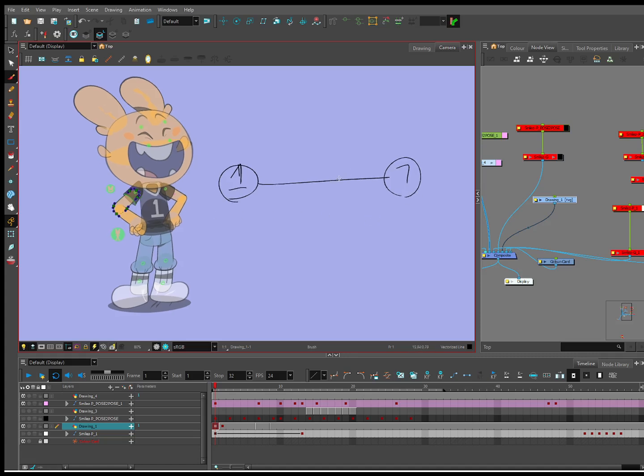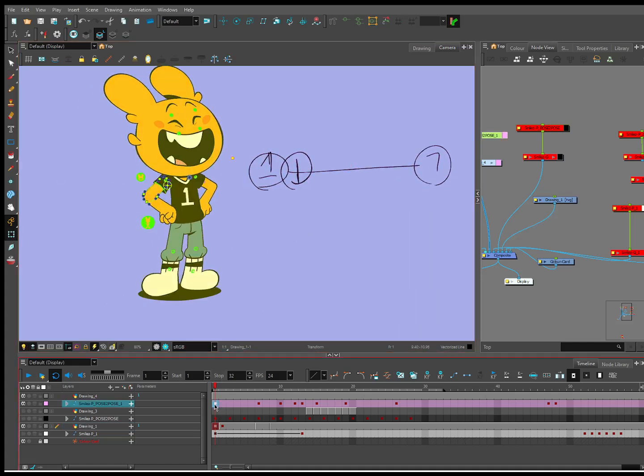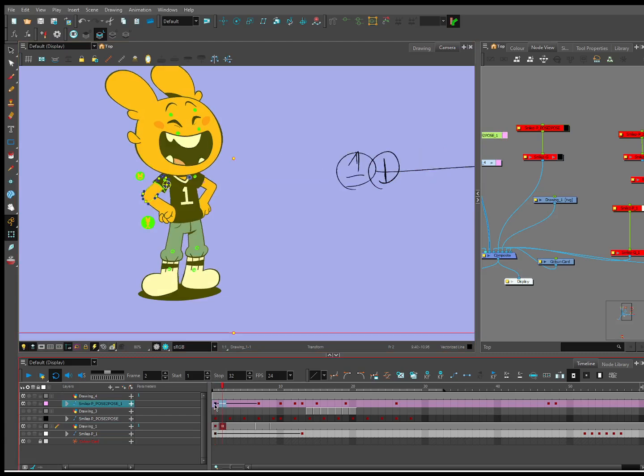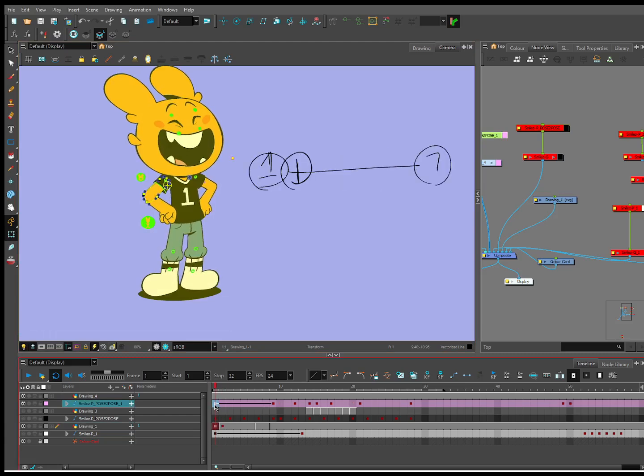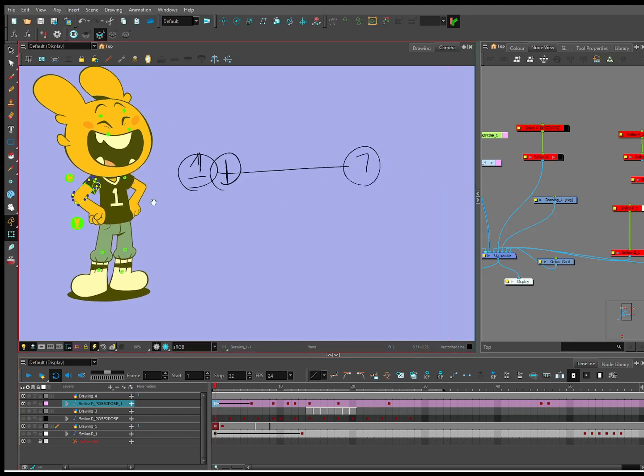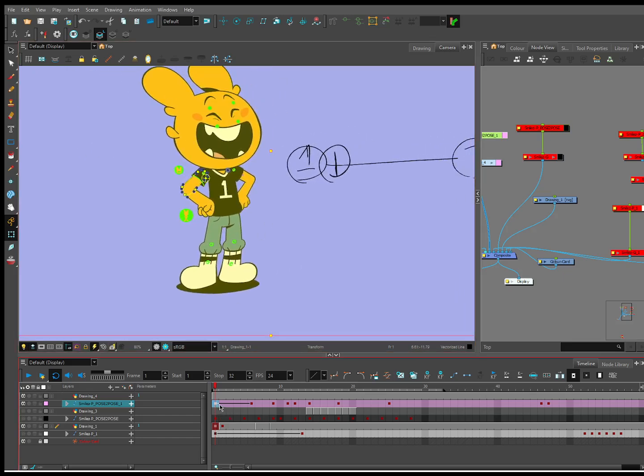So I'm gonna choose something. Let's do full body first. Full body is gonna favor the first pose. Let's tween it. Something even smaller than that. There we go. So again, I'm gonna explain this. I'm gonna get something that favors the first pose.